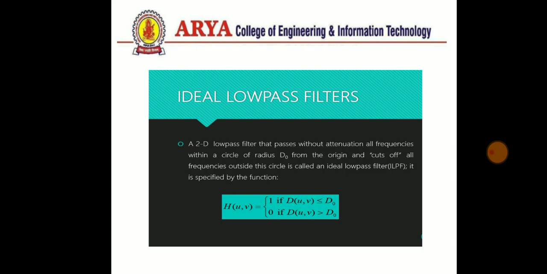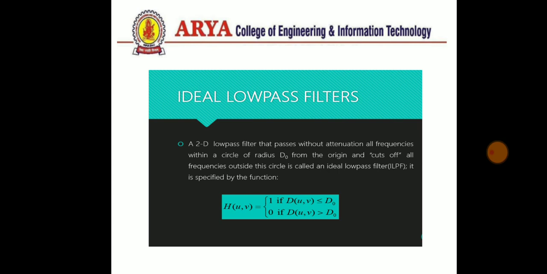When we are performing the low pass filtering technique on any object or image, we consider a low pass filter mask which has a radius denoted by d0, as we have already discussed in this expression. This filter mask is in the shape of a circle which has a radius of d0 from the origin to its cutoff radius, and we put this mask on the surface of the image which we want to filter out. It covers a certain part of the image and performs the task of filtering.